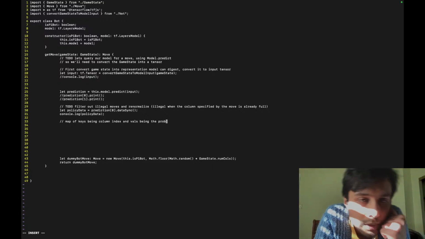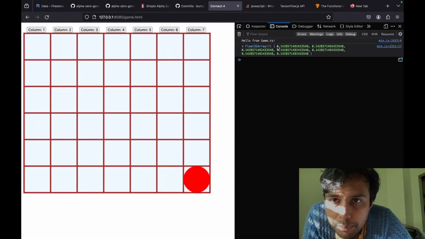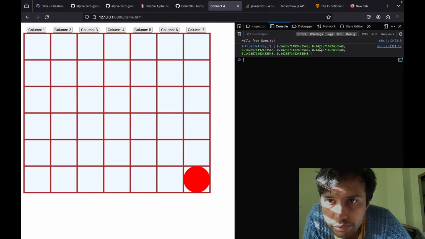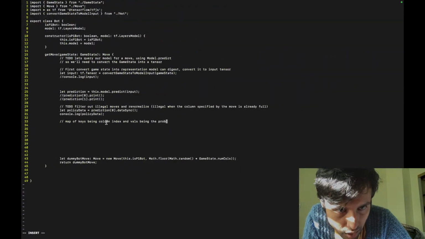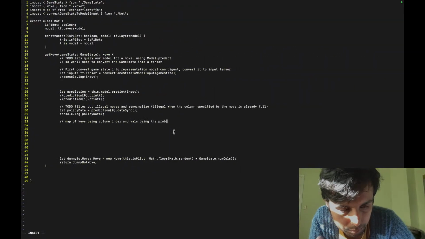Basically the index is implicit, like 0 to 6, 0, 1, 2, 3, 4, 5, 6, where the index is the column index and the values are the probabilities.